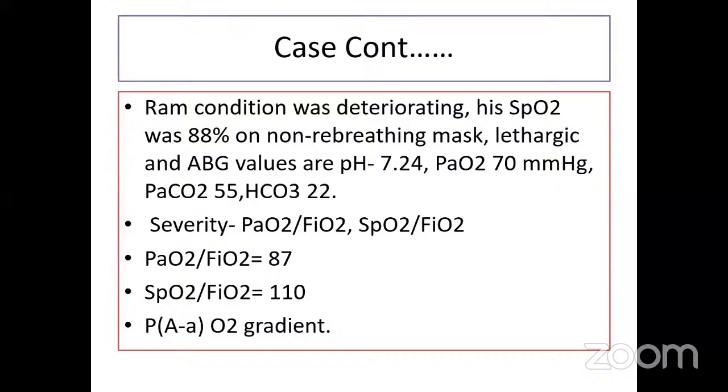तो लेथार्जिक एंड ABG वैल्यूज और pH 7.24 हो गया उसका, जो कि एसिडिक है। नॉर्मल हम जानते हैं 7.35 से 7.45 तक होता है। PaO2 70 है, जो कि वैल्यू हमारी हमने भी देखी कि 80% से करस्पॉन्ड कर रही है। इसका मतलब कि ये माइल्ड 60 to 80 वाले में माइल्ड हाइपोक्सिया, माइल्ड रेस्पिरेटरी फेलियर में जा रहा है। PaCO2 55, अगेन हाइपरकार्बिया भी हो गया इसको, PaCO2 बढ़ गई है, इसका मतलब टाइप 2 रेस्पिरेटरी फेलियर है, तभी PaCO2 बढ़ी है। एंड बाइकार्बोनेट इज 22 विच इज नॉर्मल, लेकिन 22 बाइकार्बोनेट नॉर्मल होने का मतलब